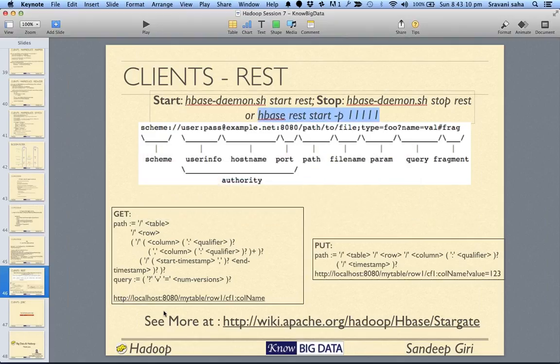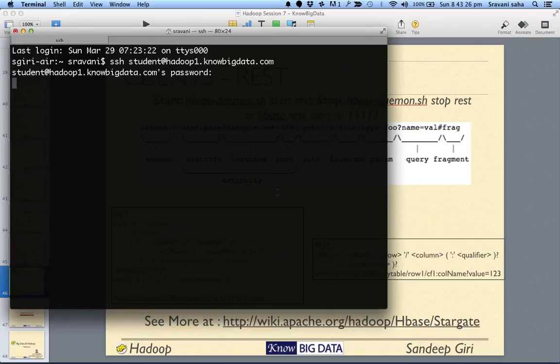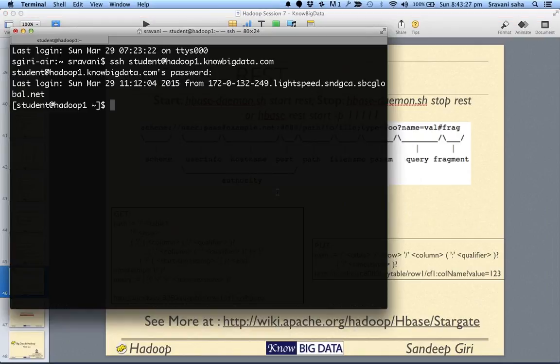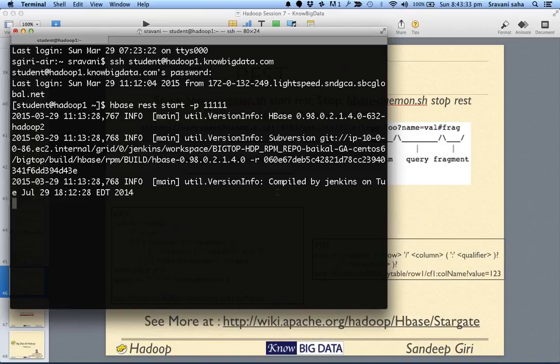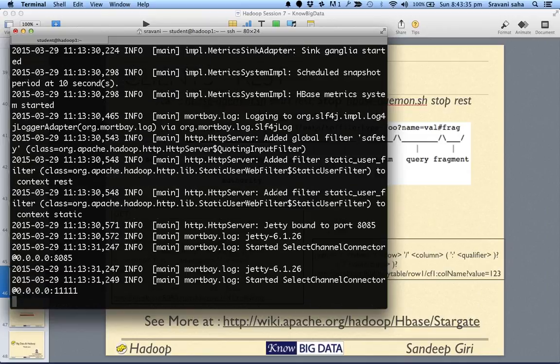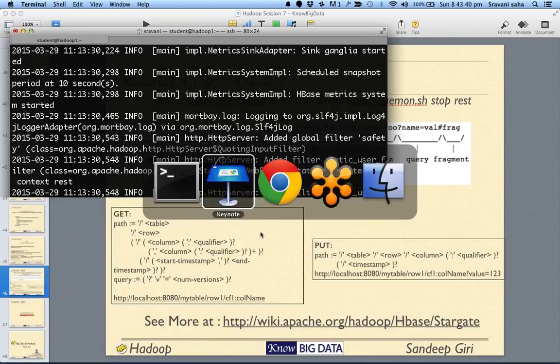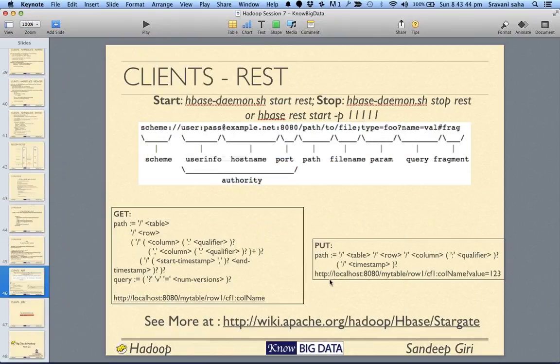All right, no worries. Here you have get and put. Fine. All right, so let me try to log in first and then we'll see anything else. Okay, first things first, let's start the HBase REST interface. This will start HBase's REST interface on port 11111. Okay, so once you have done this,